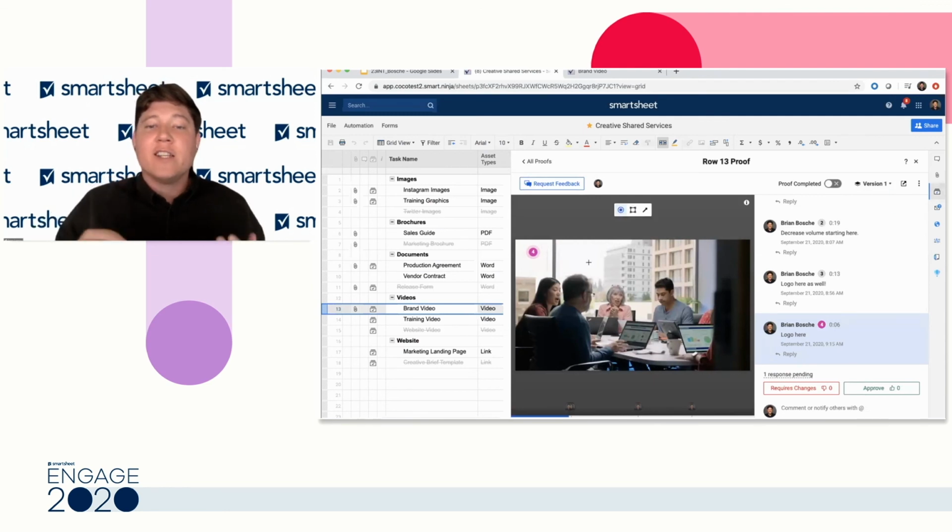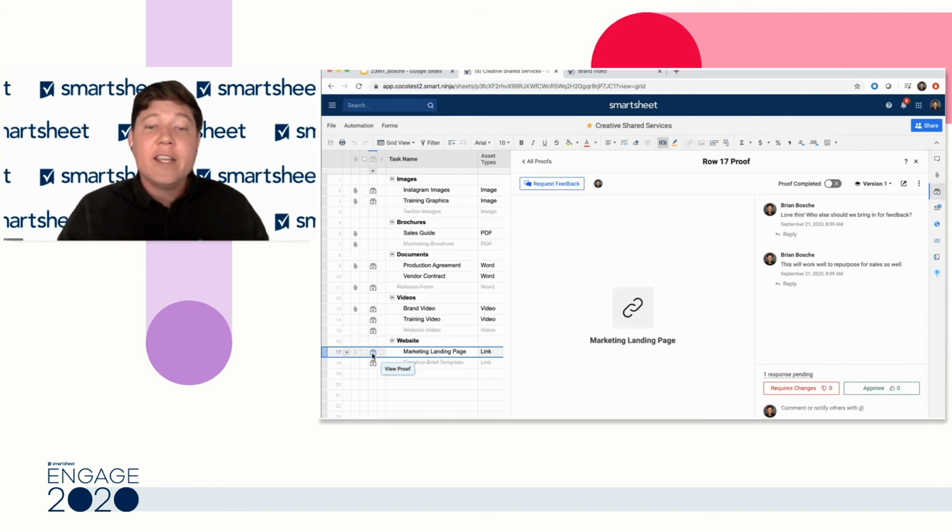Now, those are for assets within Smartsheet itself. We also have allowed you to utilize any attachment that you could already upload to Smartsheet in that attachments column directly into proofing. So let's say that you just wanted to manage the review and approval and track those approvals of a presentation. Maybe it's in Google Docs or Microsoft, but it's a link. It's not something that you're actually uploading. You can now do that where you can link directly to a specific asset, wherever it is, and make sure you're still managing the review and approval process here to make it easier to track and report on that approval process.